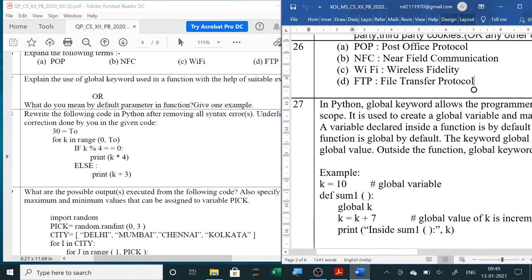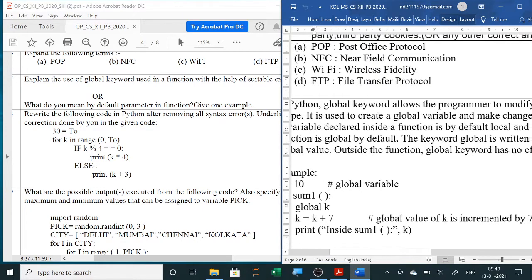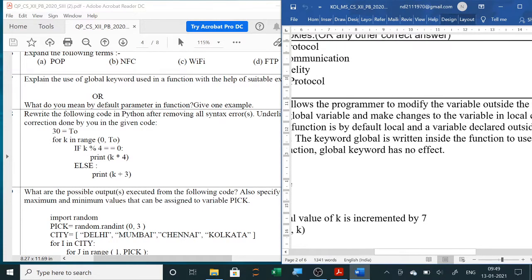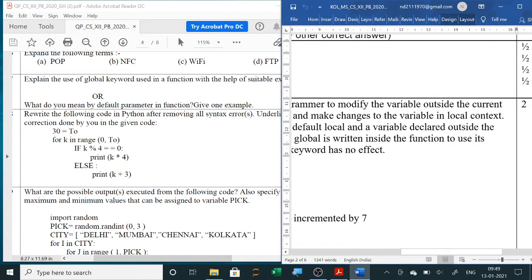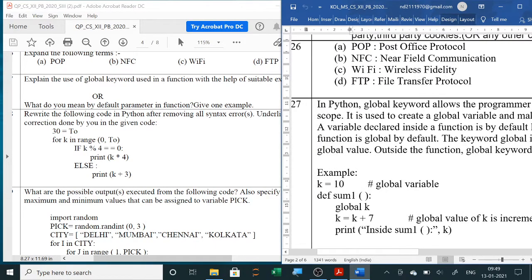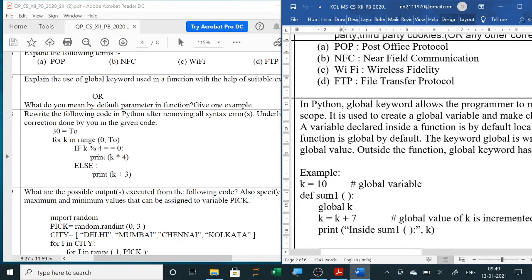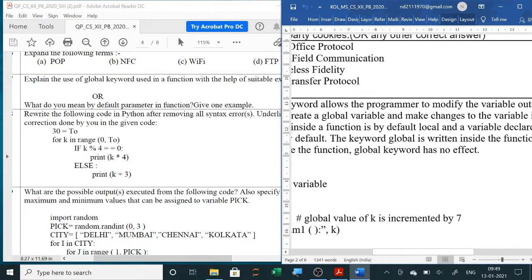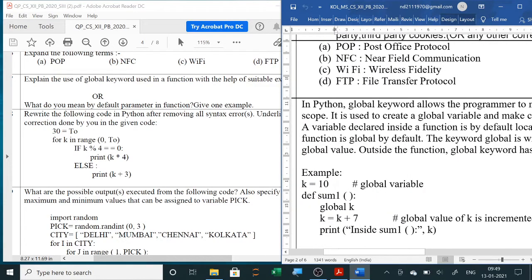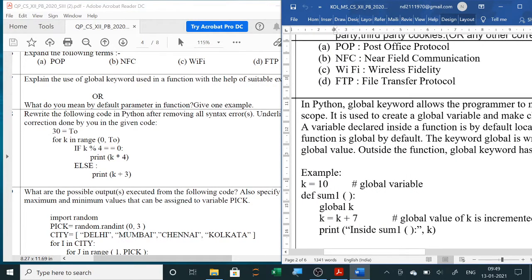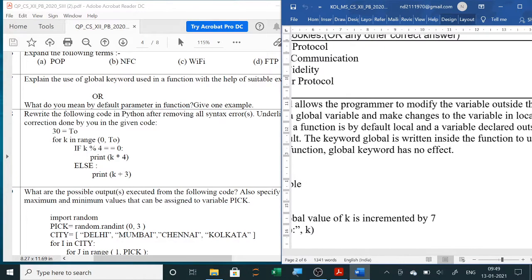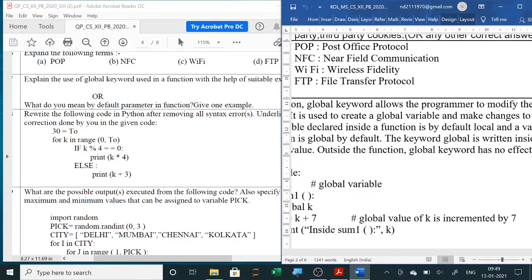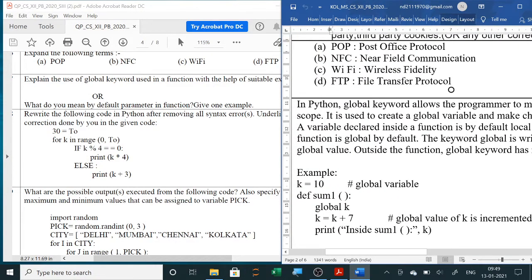It cannot be used in other functions. Here is the answer. In Python, the global keyword allows the programmer to modify the variable outside the current scope. It is used to create a global variable and make changes to the variable in local context. A variable declared inside a function is by default local, and a variable declared outside the function is global by default.